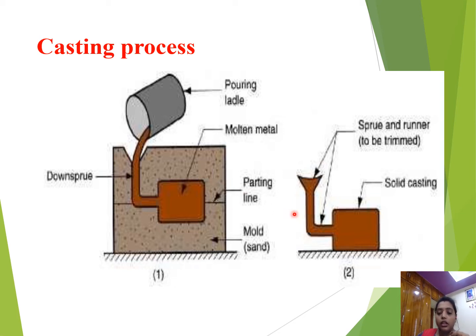Okay, here the required object is only this square shape. That's why here we want to remove this part. How we will remove it means we use cutting machines or some other metal removal processes, and we will remove this material up to here and cut this part. After that we will get our required object. This is the whole process that takes place in casting.